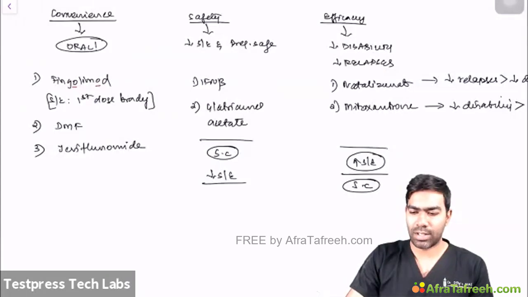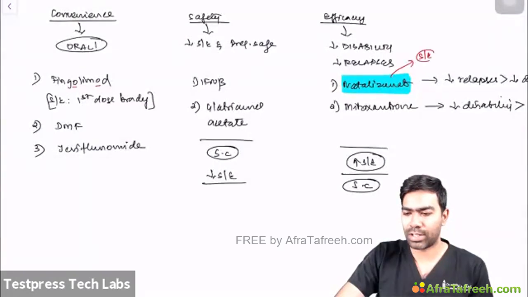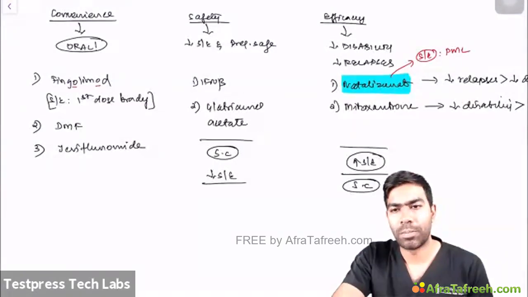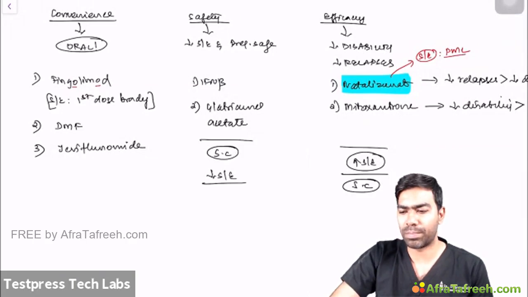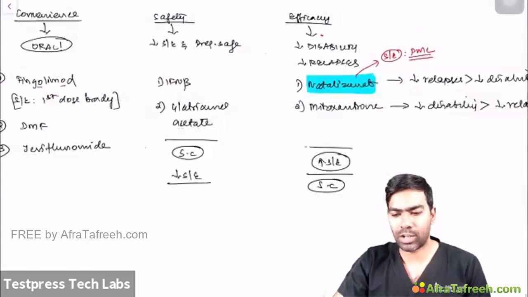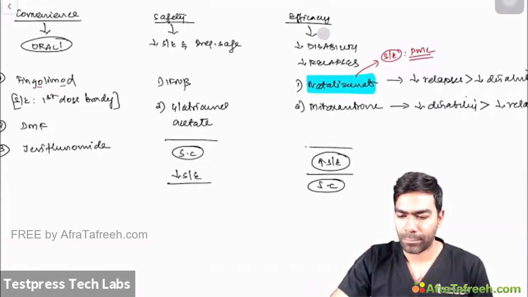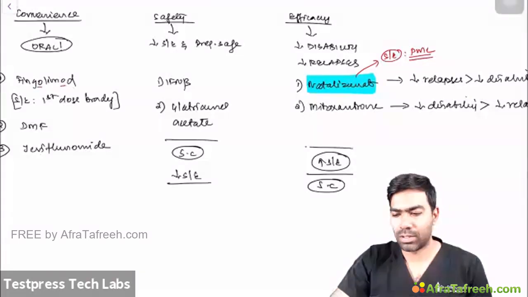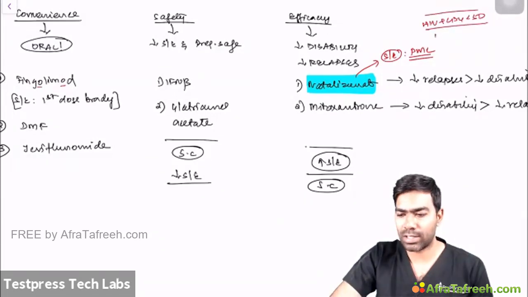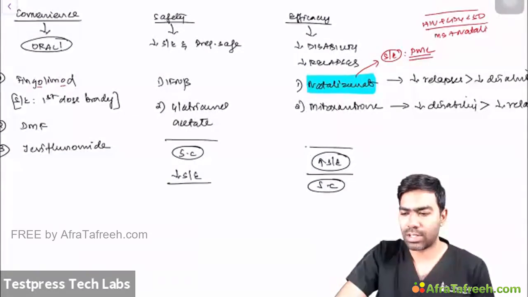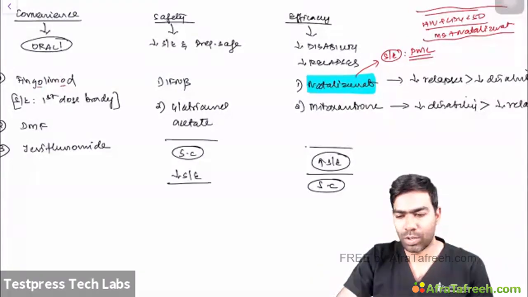But one important side effect that they'll be asking about natalizumab is PML, that is progressive multifocal leukoencephalopathy, which is a very, very important side effect. Whenever in an exam you see PML, there are 2 things that can cause it. One is HIV in terminal stage, with CD4 less than 50. If they give HIV with CD4 less than 50, you can think about PML. Or second is an MS patient on natalizumab. These are the 2 areas where you really think about progressive multifocal leukoencephalopathy, which is caused typically by